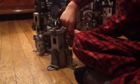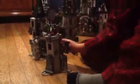And if you count this skeleton, which I'm having a hard time getting out, if you count it as a figure, you have